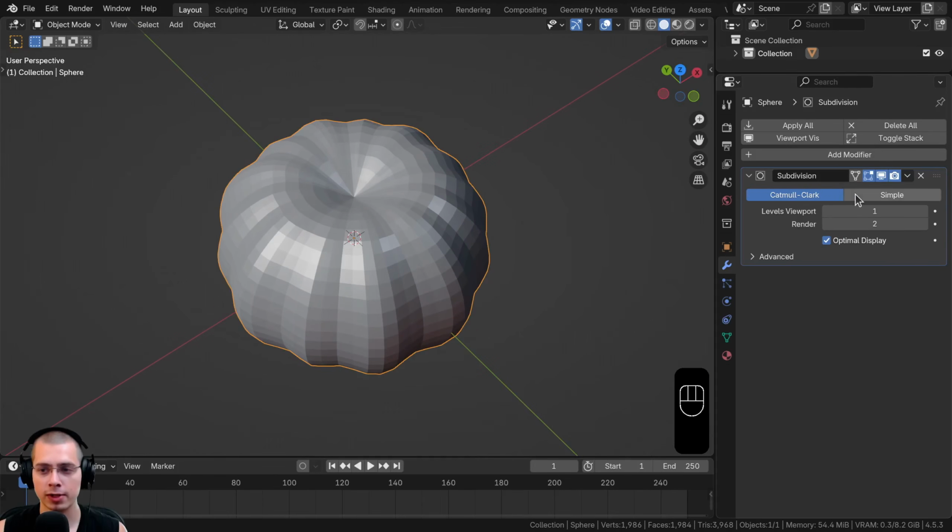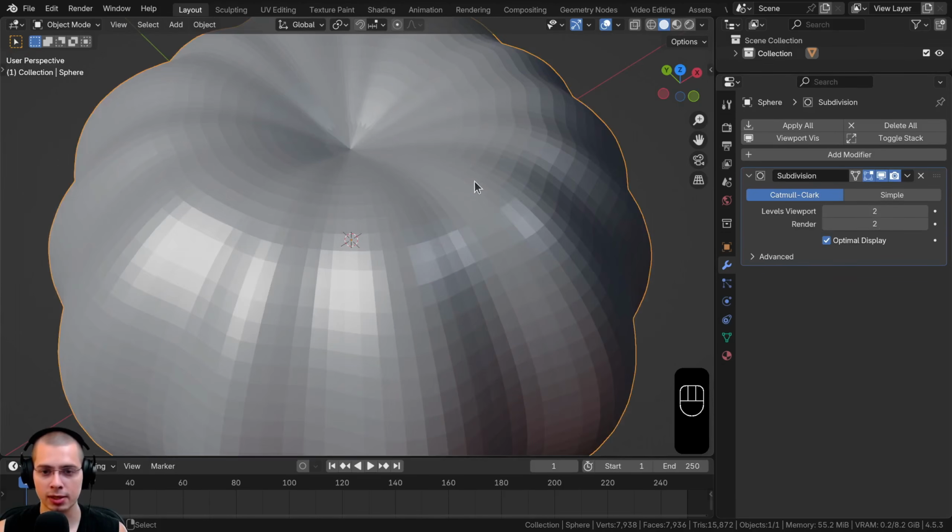Now on the modifier settings, you can see there is a viewport level, which is how much it's going to be in the viewport, and then there's actually the render level, which is how detailed it's going to be in the render. I'm going to click on the arrow here in the corner to turn it up to 2 so that it's a little bit more detailed. So now you can see there still are those little blocks there, kind of those flat faces, but they're more